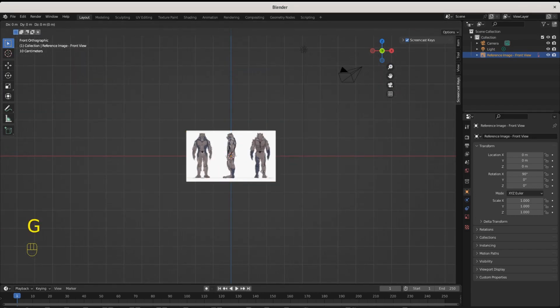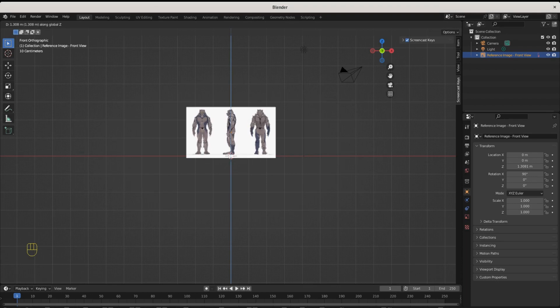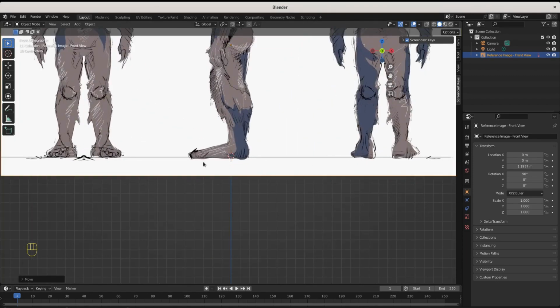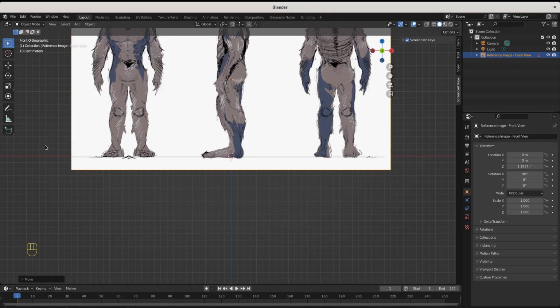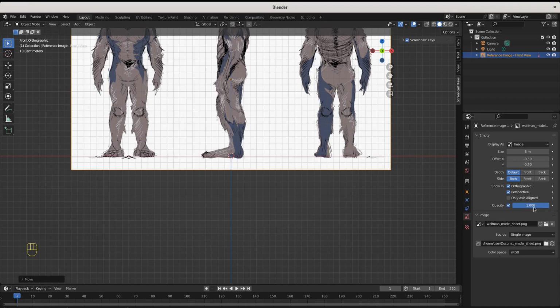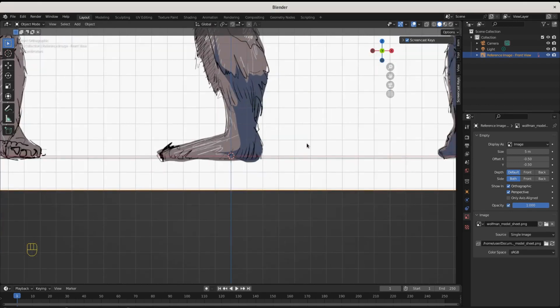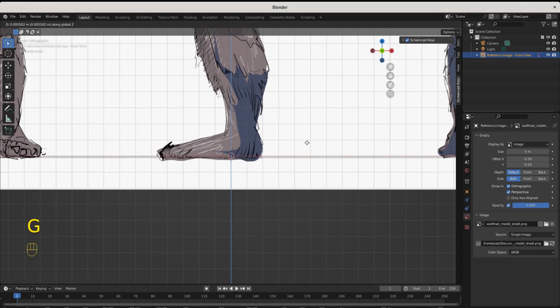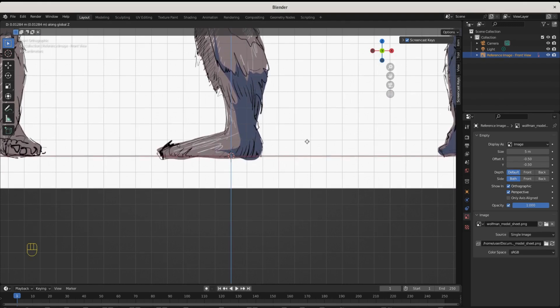And then we need to move this up. So let's grab this Z and move it up on the Z axis. I have this line right here. I'm going to try and use it to get it flush on the world. To do that, I'm going to make it a little bit transparent. So come in your properties panel, come to the object data properties. It's this one that looks like a landscape, a mountain with a full moon behind it. You can click opacity, and then right there, now I can see my lines. So I'm just going to hit G on the Z, and then with my arrow key, tab it up to make these lines align.